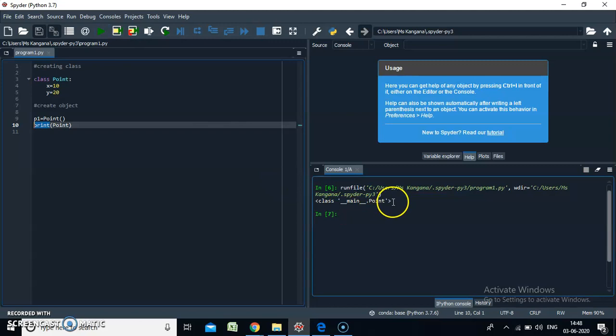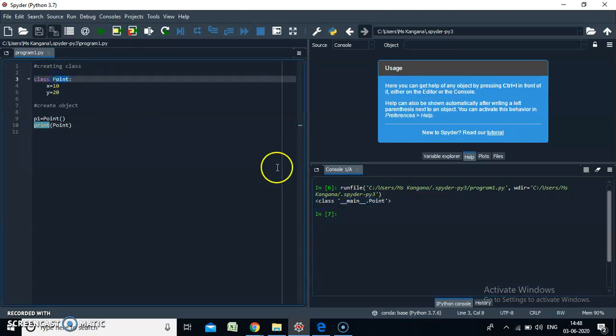I can see the output I got. I'm printing a class name, that is Point. So whenever I'm printing the class name, I'll get a class type. That is nothing but the keyword class, which means Point is a class here, a main class. So whenever I'm printing any class, I'll get a class which is main, with the class name, that is a dot class name.